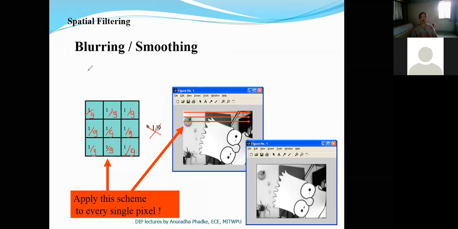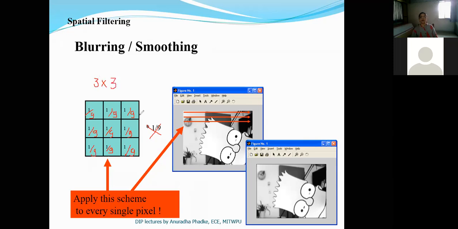For a smoothing filter, a simple averaging filter, the coefficient values are as shown here: 1 by 9, nine times. Here we are considering the filter size, or local neighborhood size, or mask size, as 3 by 3.